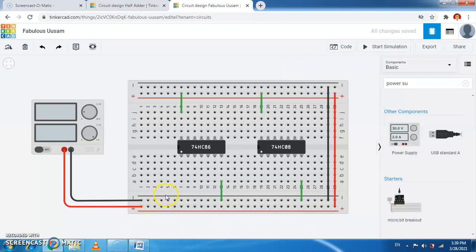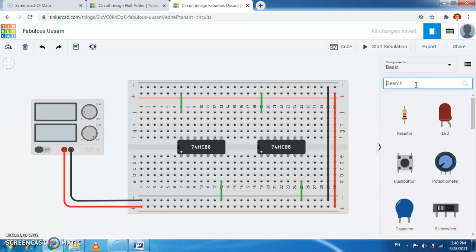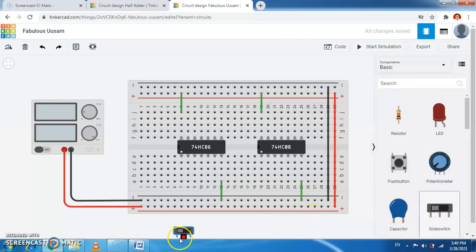For the half adder, the sum is obtained by the output of the exclusive OR gate. So A and B are the inputs here. For giving the input, we use the slide switch, which will select either 0 or 1. So these will be the slide switches which we can use here.